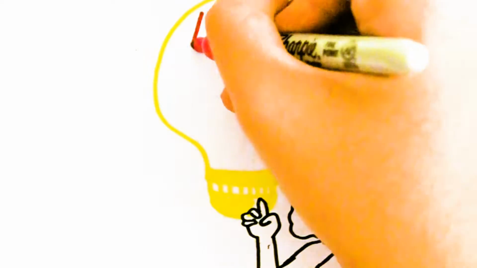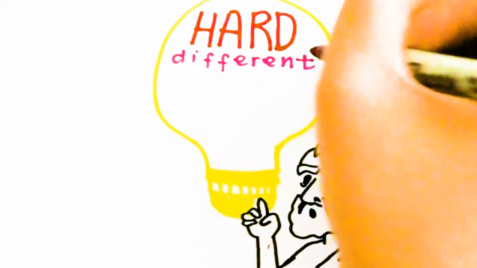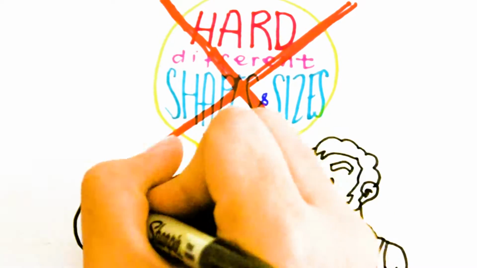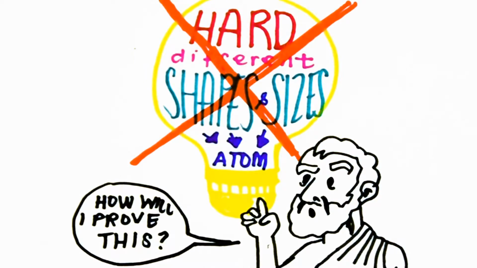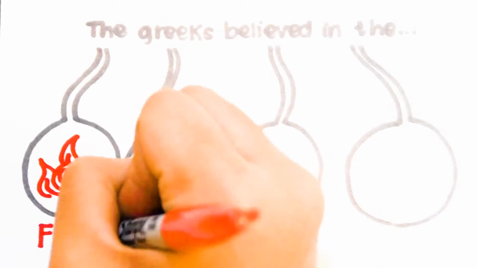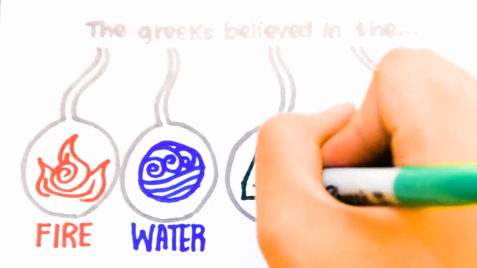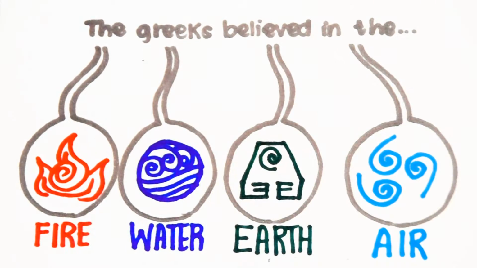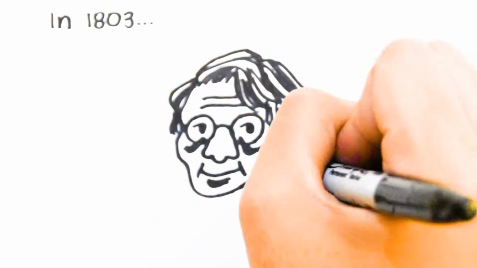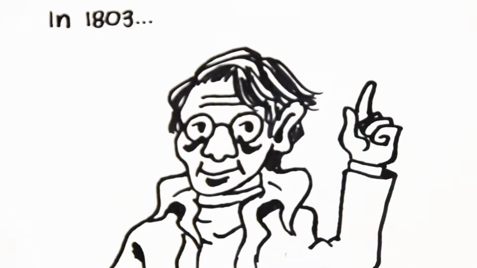Therefore, he concluded that all atoms are hard particles with different shapes and sizes, but he could not prove its existence due to the lack of technology. But the thought was also discarded, since other famous philosophers such as Aristotle and Plato had a more respected theory during that time. It was only after 2 millennia when Democritus' idea was validated due to an English chemist named